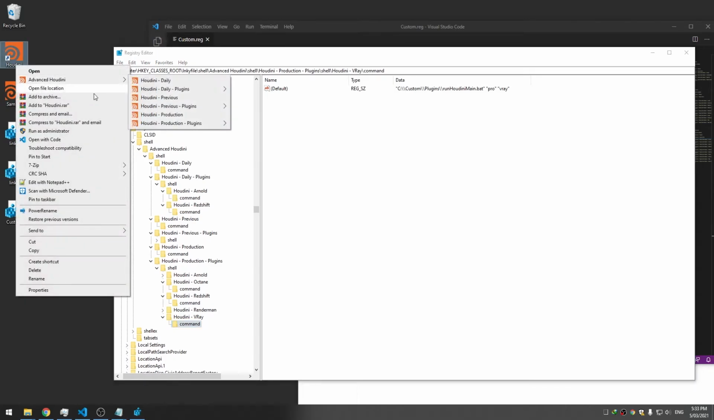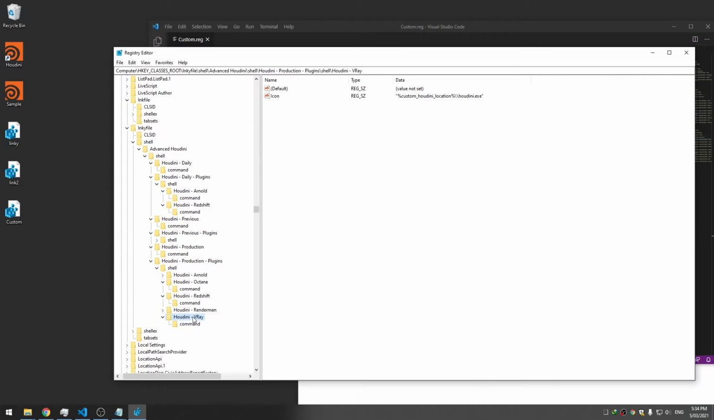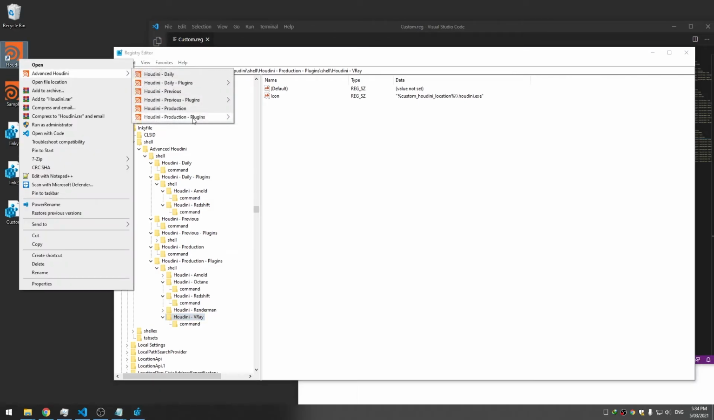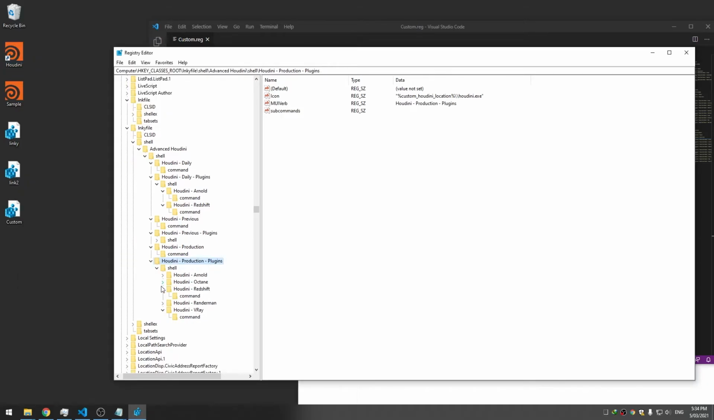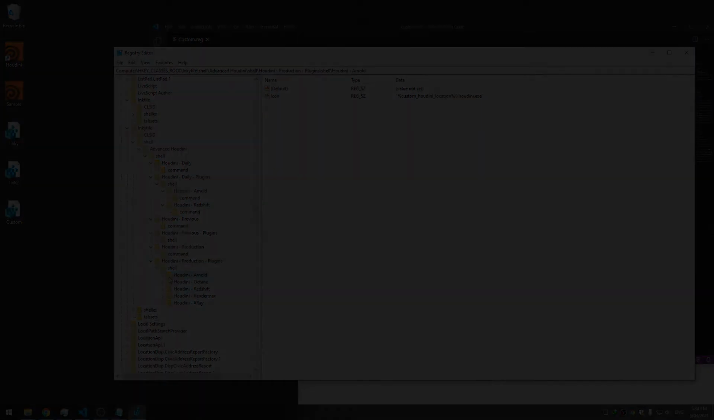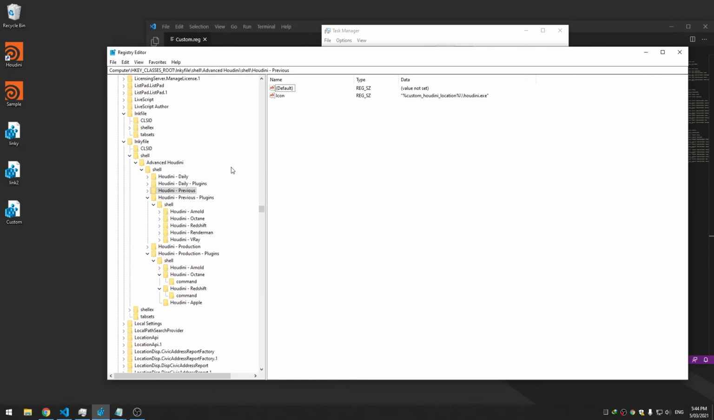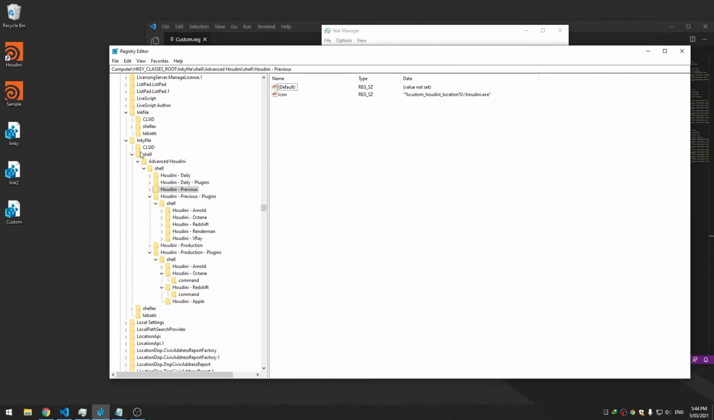So let's try it out. I want to say production build with, so V-Ray is currently not showing up for some reason. Let's figure out why. So right click, production, we've got Houdini, Arnold, Octane, Redshift. However, we're getting them all in here anyway. So let's figure out why. Okay, after some Googling, it would appear that the maximum amount of subcommands that one shell can have is 16, which is a limitation that Windows has had since XP. So there is really no way around this,